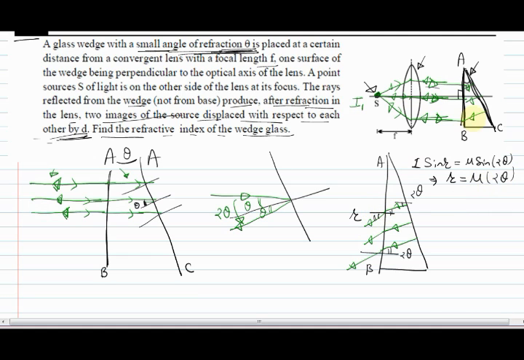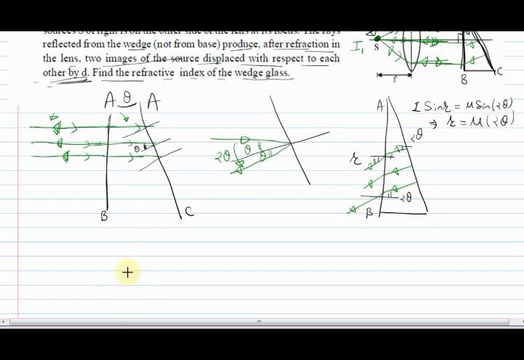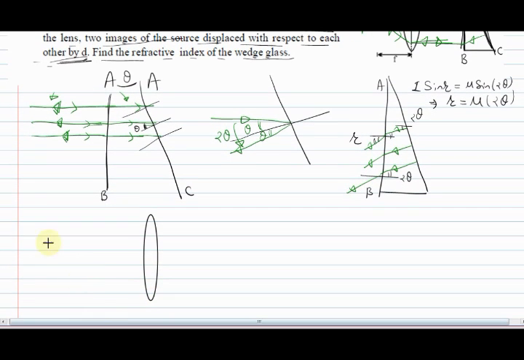So the refracted beam from the face AB comes at an angle r with the horizontal direction. Whenever a lens receives a beam which is at an angle with its optical axis like this, it forms an image in the focal plane. So there will be an image in the focal plane due to the refracted beams like this. This will be the second image of the source. One image was at the focus itself, and the second image is in the focal plane.